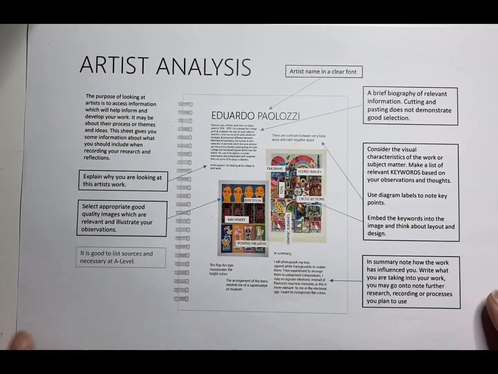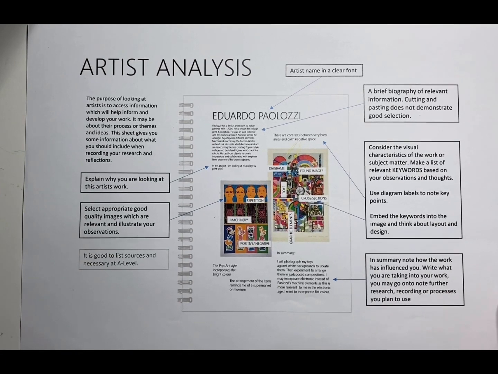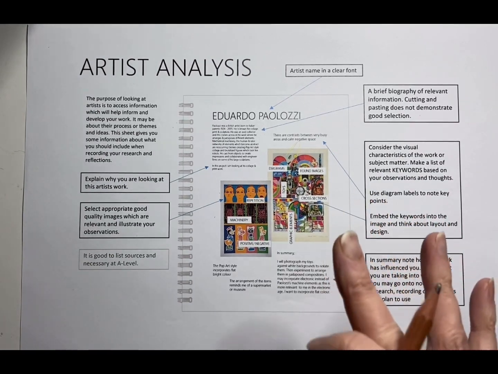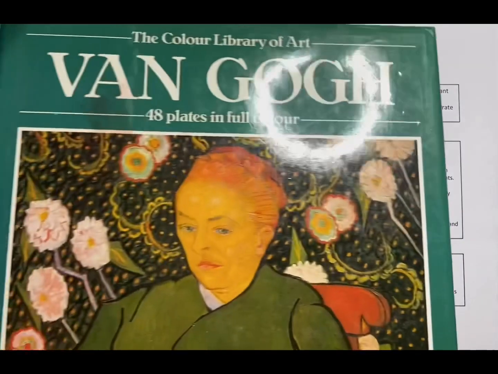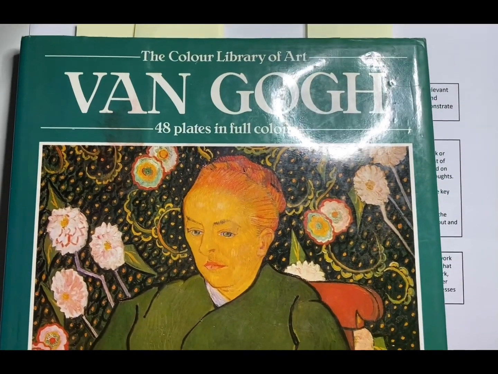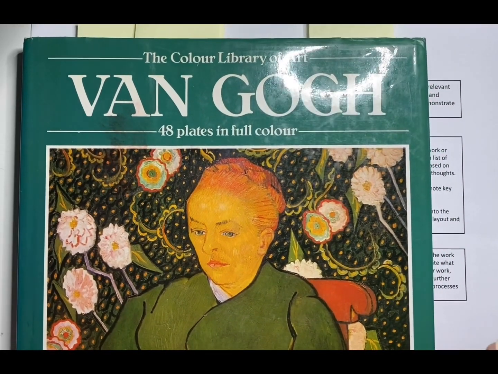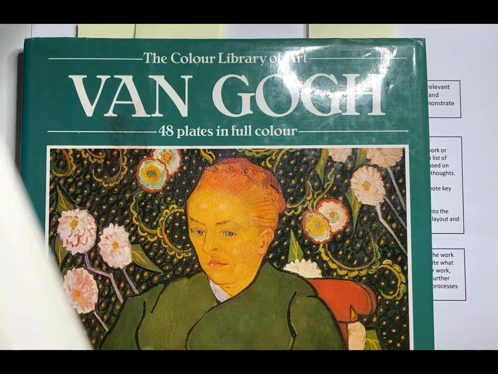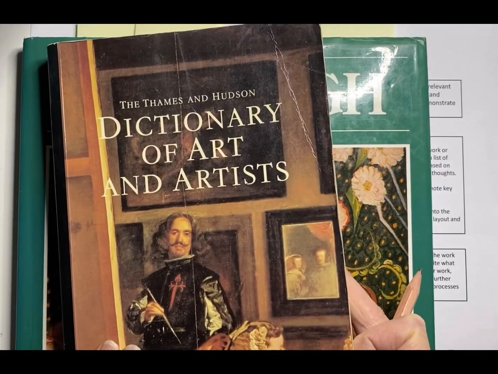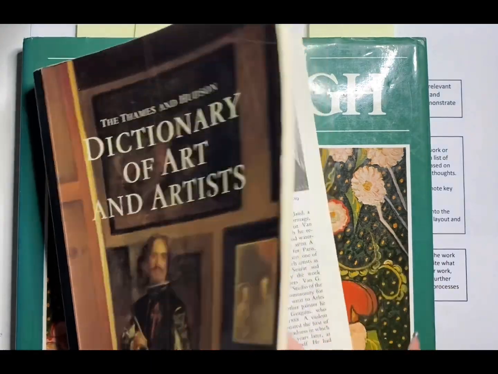So guys, I'm going to give you an example of how to do this. So we've looked at Edoardo Paolozzi on the example sheet you will have on Teams. And now I'm going to look at the work of Vincent Van Gogh. Van Gogh is a fairly safe artist for us to look at. There's no skeletons about to fall out of his closet, so it's a good place for a young artist to have a look. I also have books about Vincent Van Gogh,